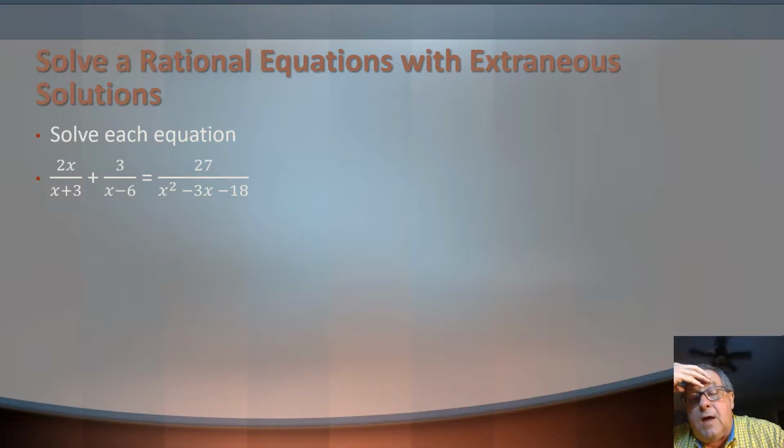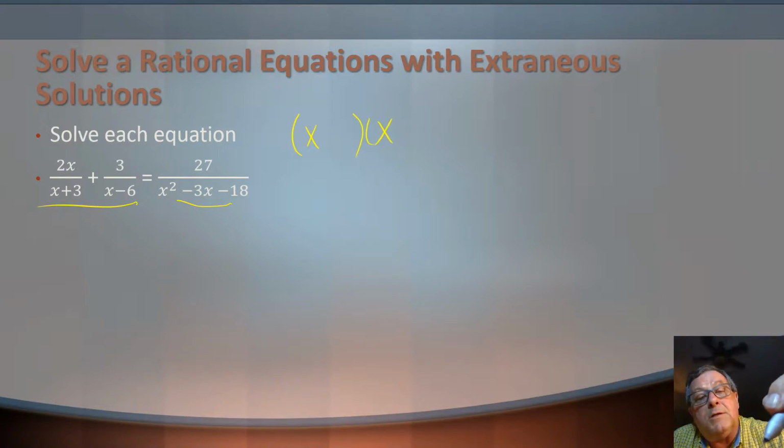Well, in order to add those two equations, I've got to have a common denominator. But you know what? When I look at that x squared minus 3x minus 18, you know, I could factor that. And if I did,